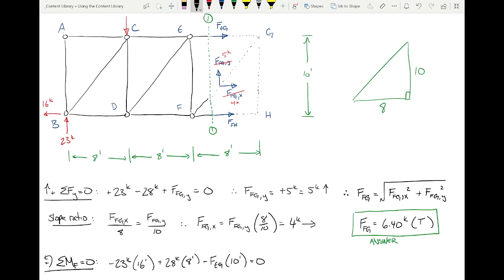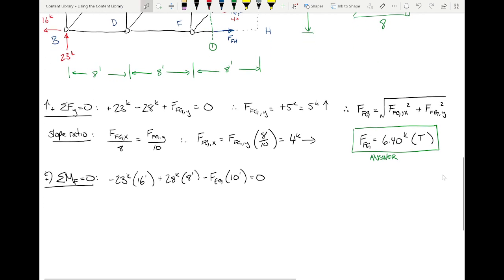Times 10 feet. Not too bad, right? So now we've got a pretty simple problem. 23 times 16, negative 368. So this is foot-kips. Plus 28 times 8, that's 224. Equals FEG times 10 feet. And so 368 and 224, we're taking the difference of them because that's negative, is going to give you negative